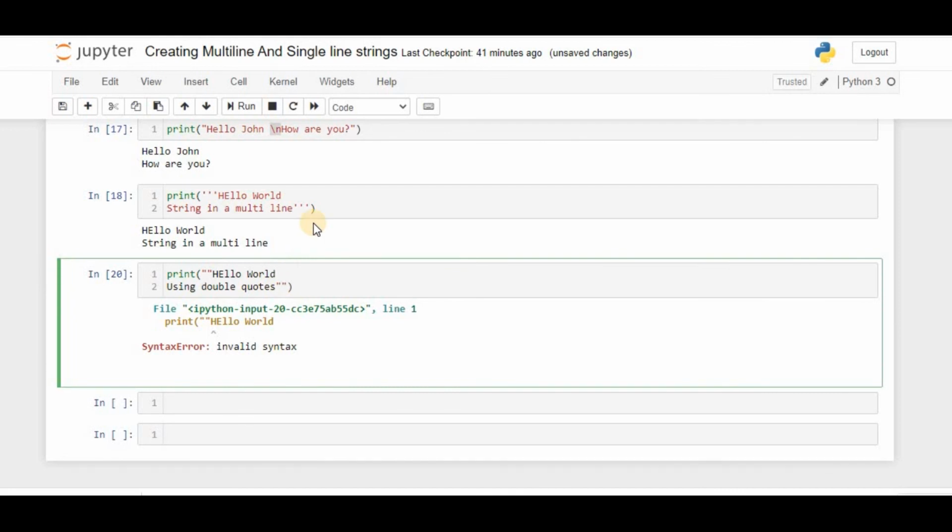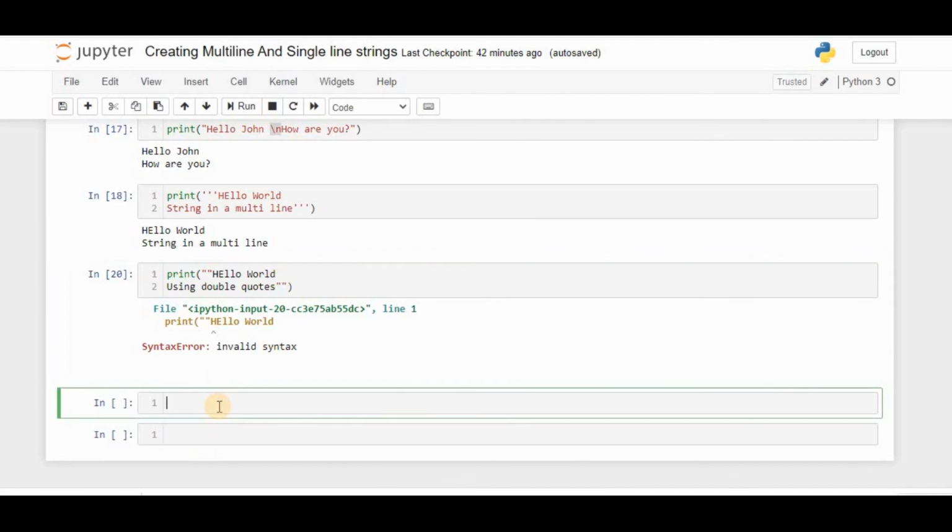Okay, this is about it: rather than using a backslash n character, you can use triple quotes for a multi-line string, or Python will immediately throw an error for a multi-line string using double quotes. That's what I already showed and explained here. So by this you can easily understand you can use triple quotes, either triple single quotes or triple double quotes.